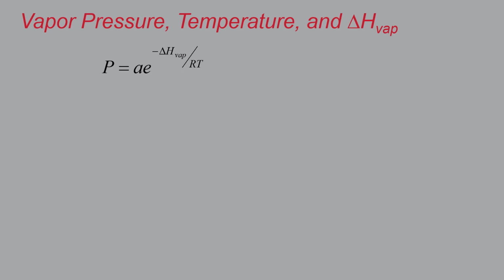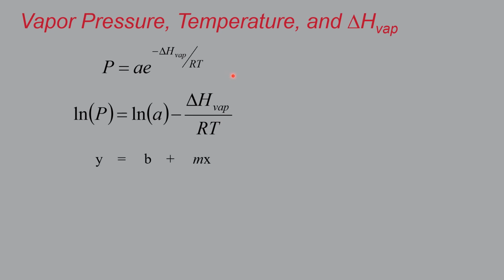Looking at that equation again, very often you will find it expressed like this. The way that you undo this exponentiation operation is you take the natural log of it. So to get rid of this e expression, you take the natural log of both sides. The natural log of the vapor pressure is equal to the natural log of this constant A, minus the enthalpy of vaporization, delta H, divided by RT. And the reason why people do this is that way back when you didn't have computers on your wrist or in your hip pocket,